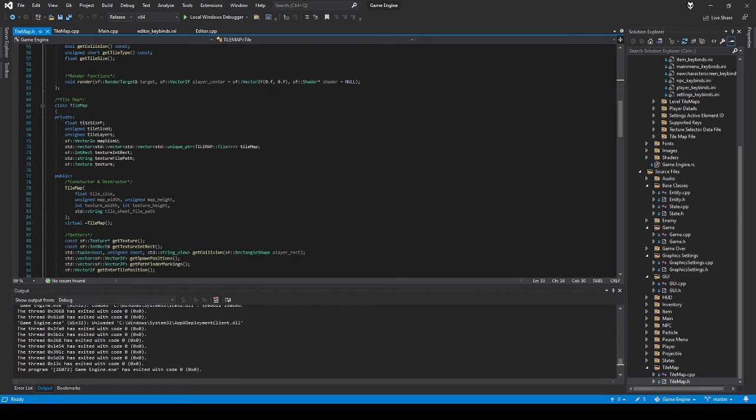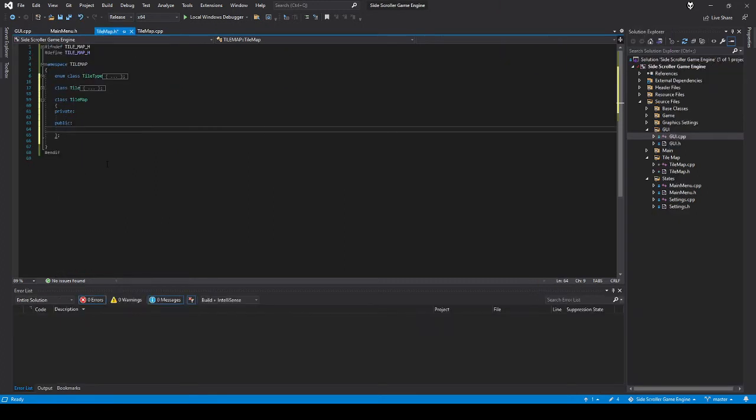Okay. Tile size float, tile size view, tile layer. SF vector 2 map view. Okay, cool. All right, so here in this we'll do